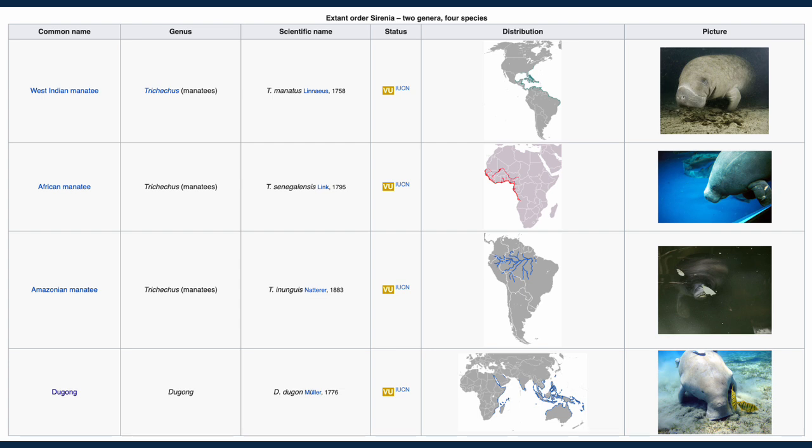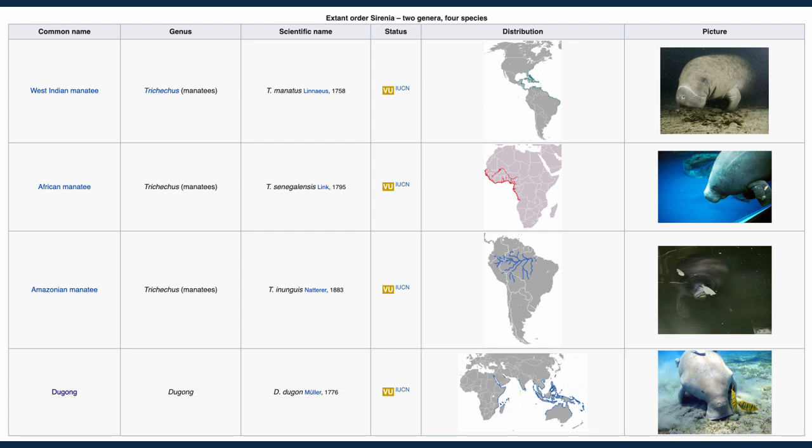A great example for this are the orders Sirenia, which are your dugongs and manatees or sea cows, which some 50-some million years ago apparently derived from land-eating cow-like animals,